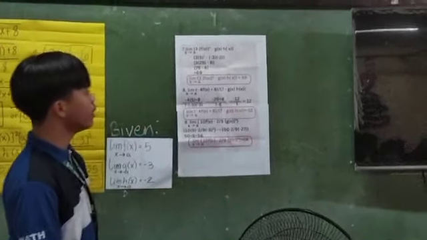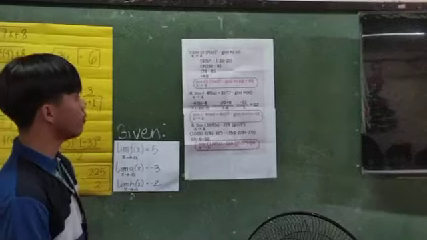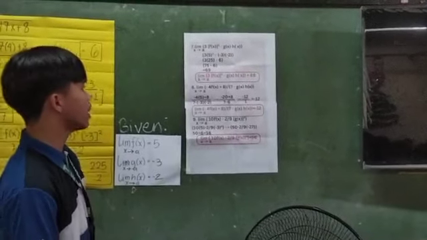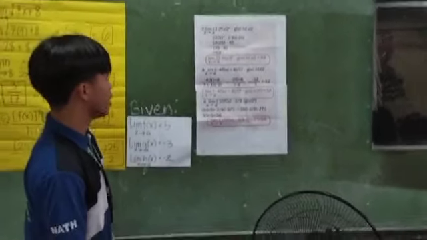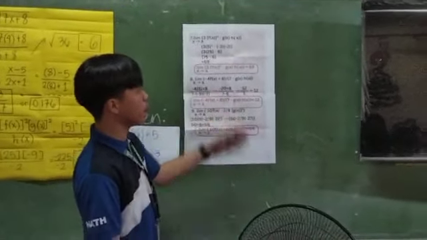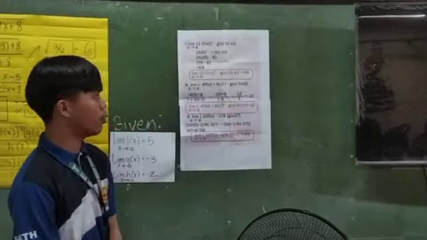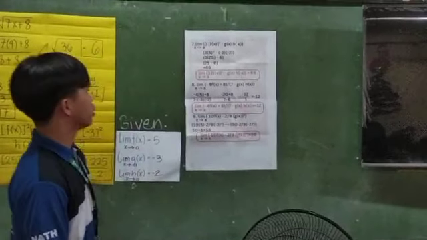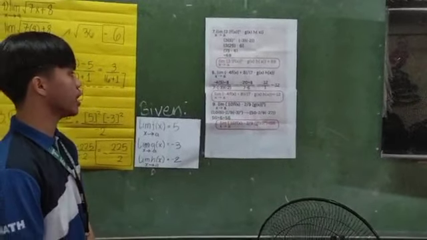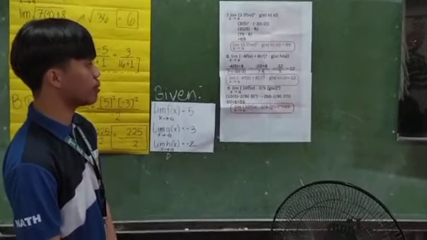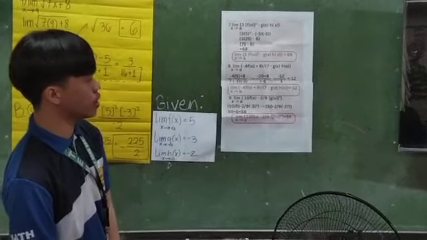For number 8, the limit of negative 4 f of x plus 8 over 7 minus g of x times h of x as x approaches a. As for these, the sum we can get is negative 12 over 1, so it will be negative 12. So the answer for 8 is the limit of negative 4 f of x plus 8 over 7 minus g of x times h of x as x approaches a is equal to negative 12.